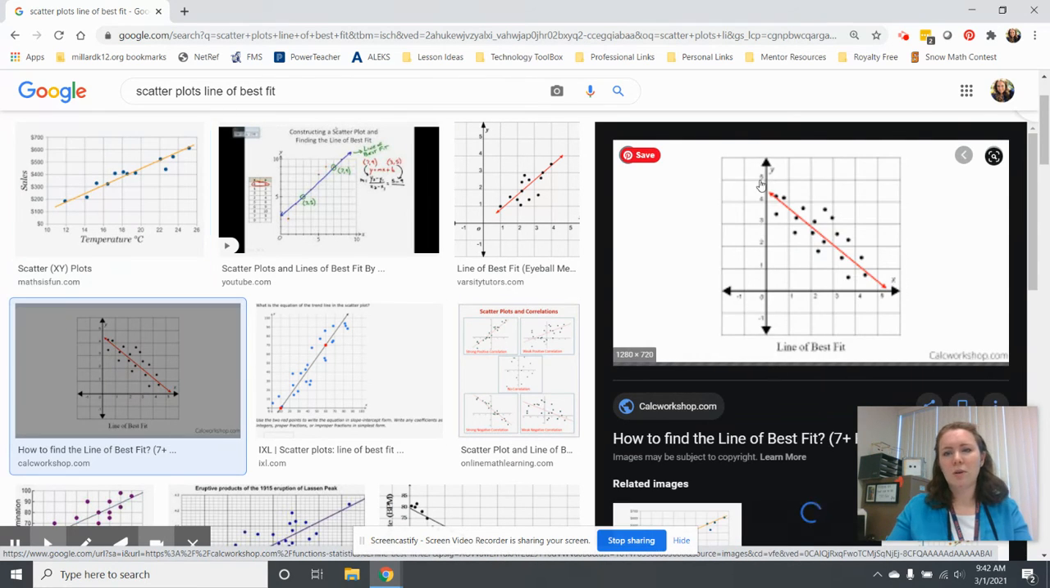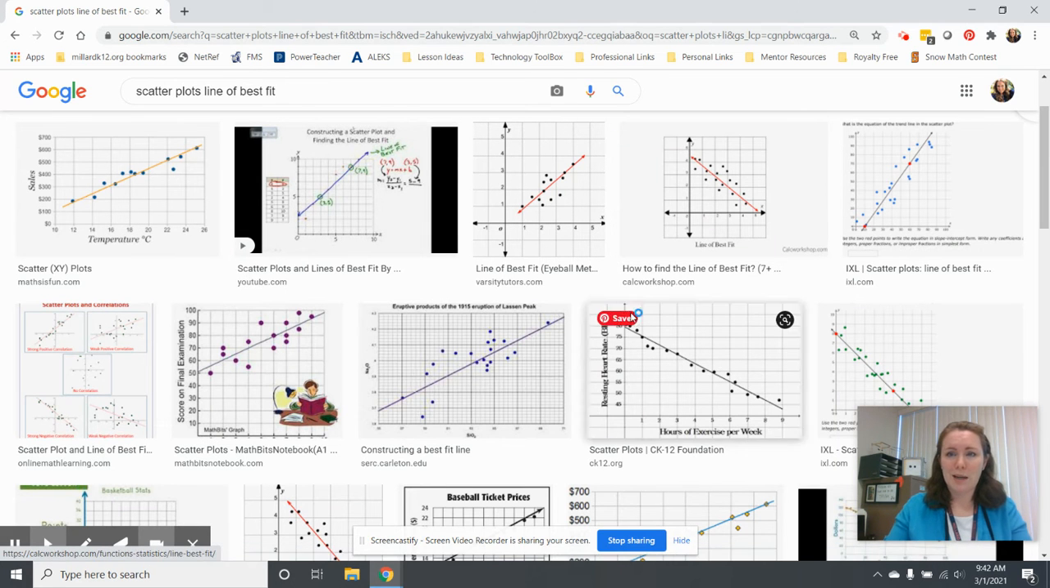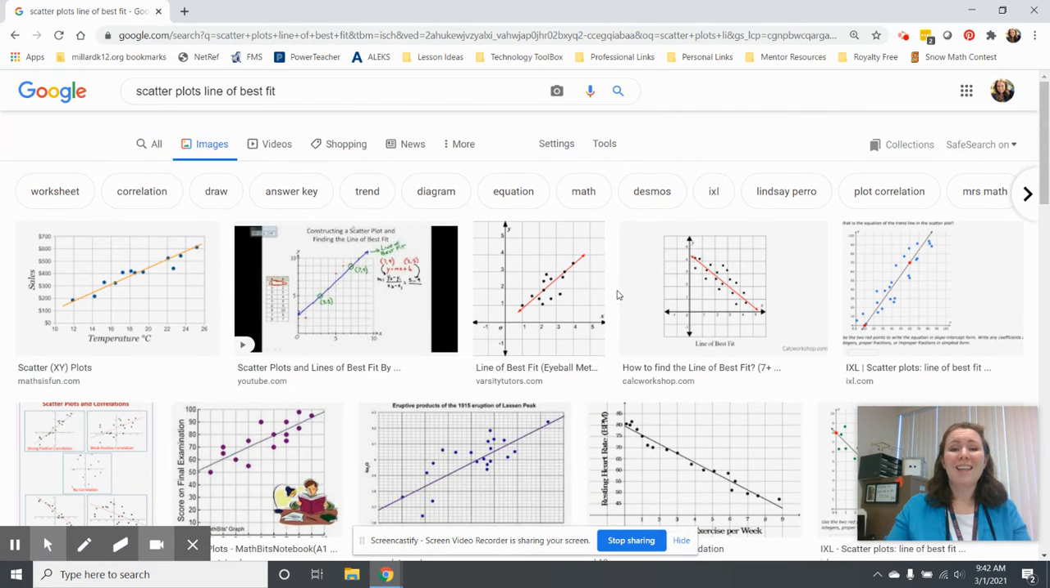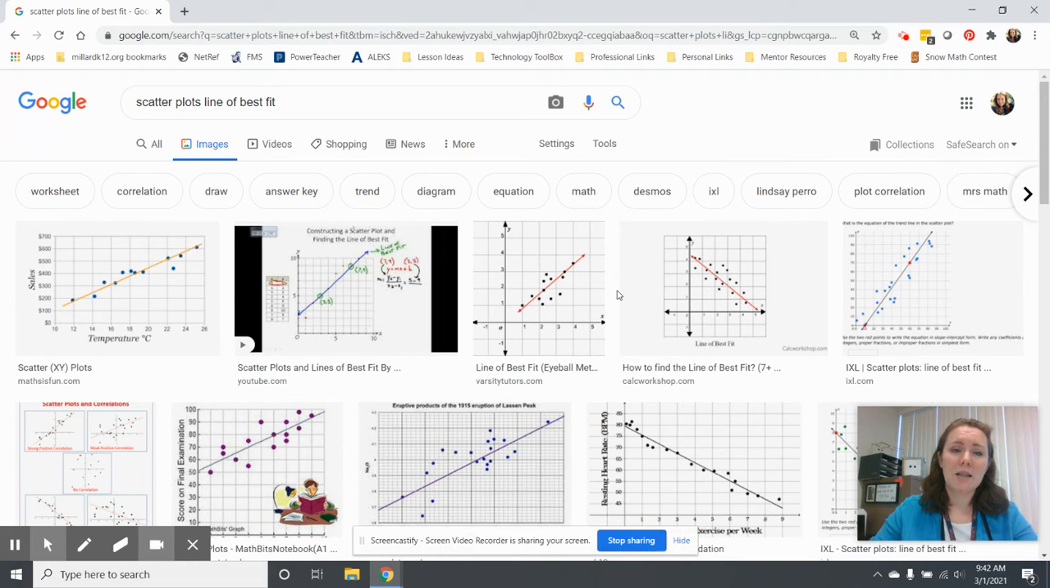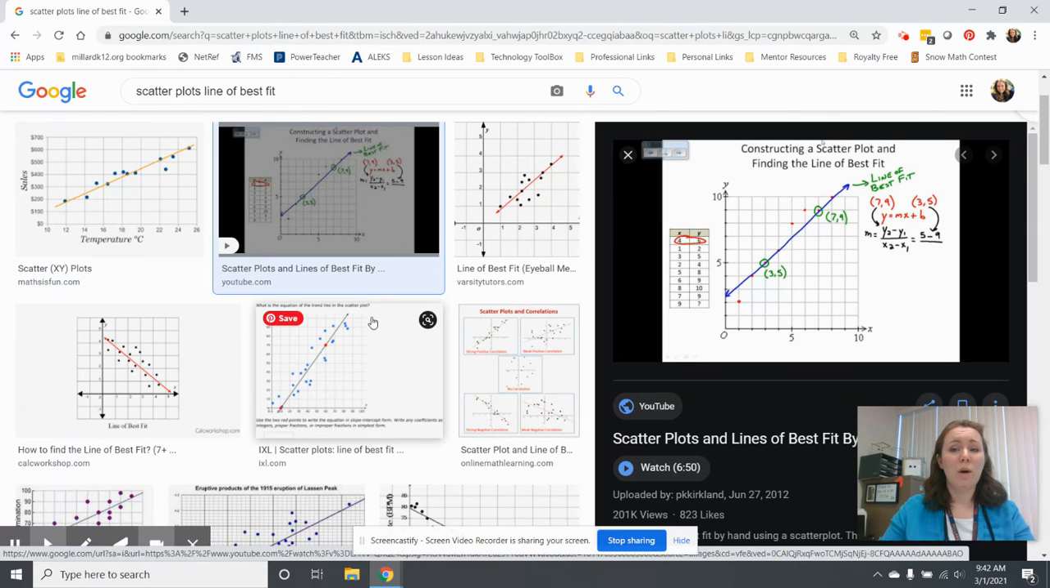Notice on this one, the line's going down. It's right in the middle of all the data, but we can't make it touch every single point because that doesn't work for a scatter plot. We call that a line of best fit, where the line just fits the data the best that it can. Now we can make an equation for this line if we want to, using slope-intercept form,